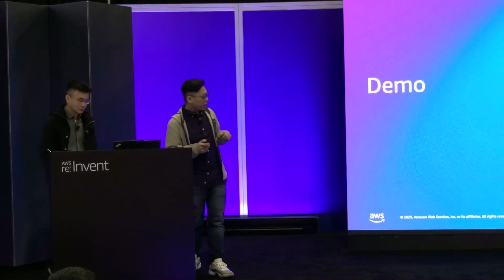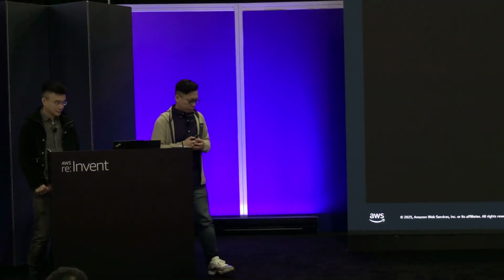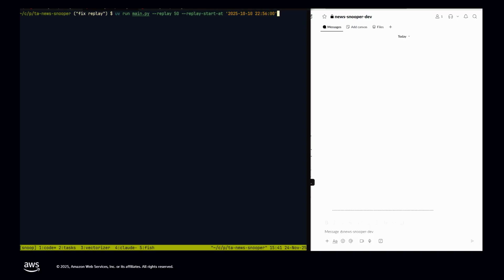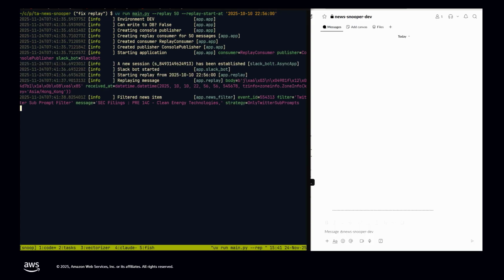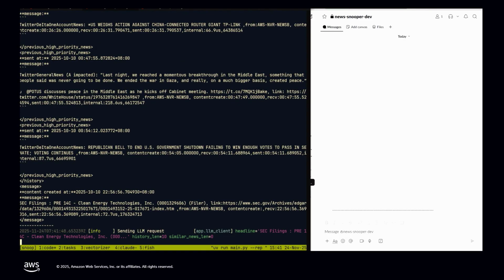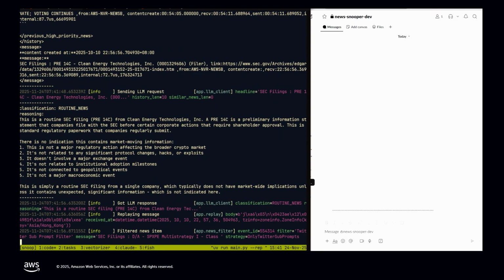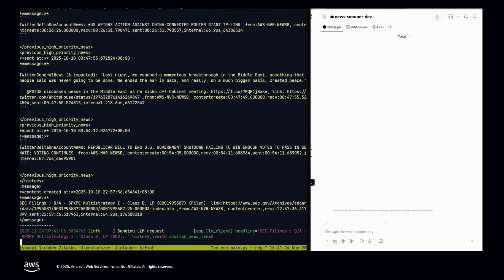So here we have a very quick demo. On the right-hand side is where the trader desk is getting the news channel. On the left-hand side, we are streaming through the news and letting our pipeline analyze whether this is important, impactful news. The first one you see is an SEC filing. It is analyzing that. It doesn't send it to the trader desk because, per the reasoning model, it is not indicating any market-moving information. It is just not a major regulatory filing.